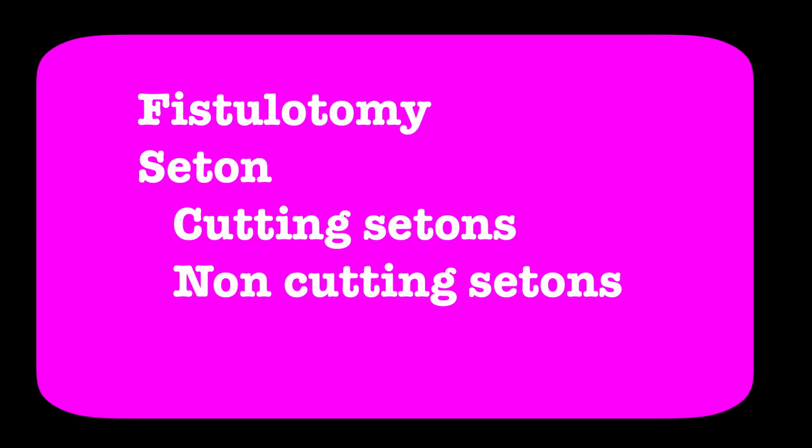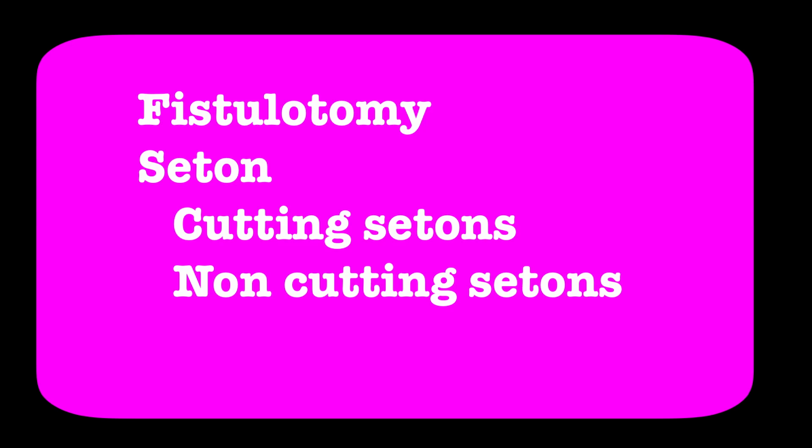Fistulotomy is just opening the fistula's tract. Seton is a drain placed through a fistula to maintain drainage and induce fibrosis. Setons are classified into two, cutting and non-cutting types of setons. The cutting type of setons consists of a suture or a rubber band that is placed through the fistula